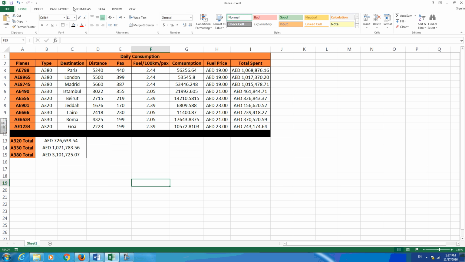So what should I select? Planes. Like this. I will have to select from the title to the last plane. Okay, so from A2 to A11. And I have also to select the total spent, so the title with all the numbers. Okay? Then insert